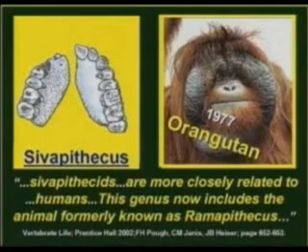All right, I covered this in a lot of detail, and I apologize for repeating it, but I have to repeat this. If you have any doubt about the level of honesty that Russ Miller has, again, as I said the first time I covered this material, buckle up. So here's Russ's original slide. As you can see, as he's pointed out, it says Civipithecids are more closely related to humans. This genus now includes the animal formerly known as Ramapithecus. Boy, it sounds like us sneaky little bastards. We're trying to sneak this fraud back into those textbooks again. We're trying to pull something over on you guys, but luckily Russ caught it before we could get away with it.